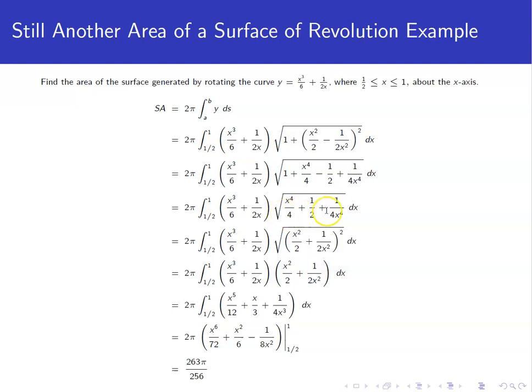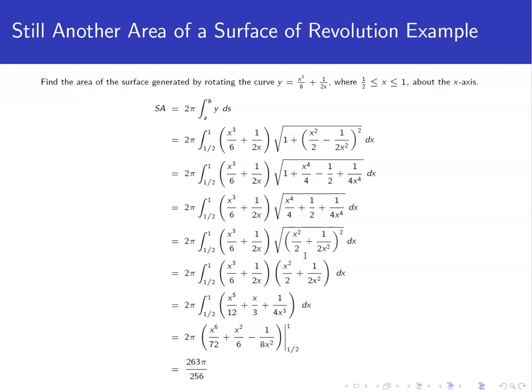And again, notice that this expression we have is almost identical to the expression we got when we multiplied out that squaring. It's just that the sign in the middle has changed. So when we refactor, we get almost exactly the same thing. It's just that the sign in the middle has been changed. So under the square root, when we refactor, we get x squared over 2 plus 1 over 2x squared, that quantity squared. The square root and the square will cancel each other out,